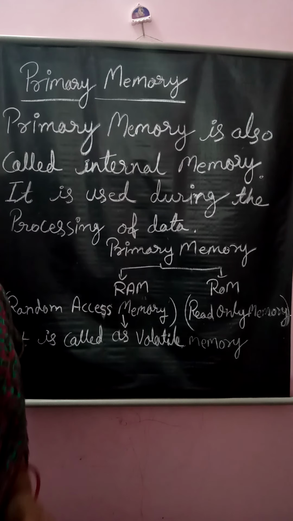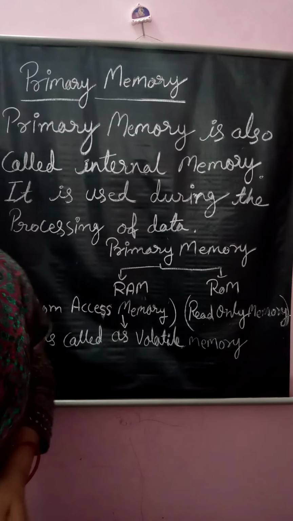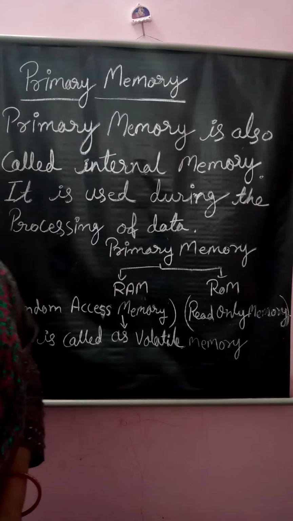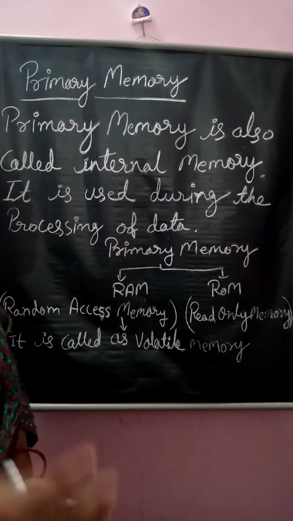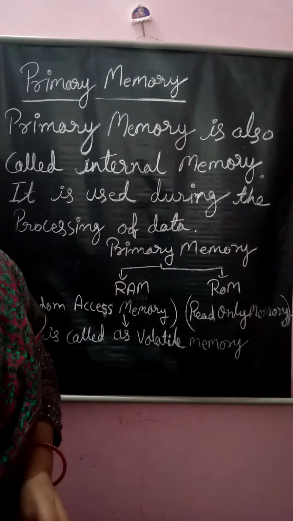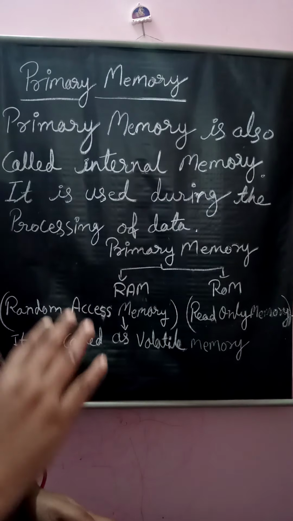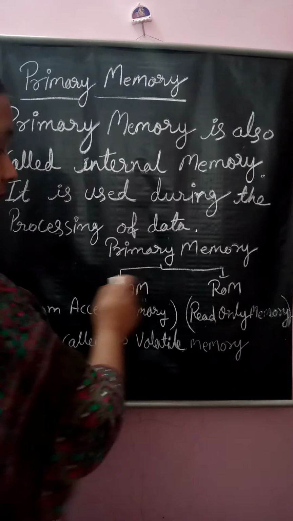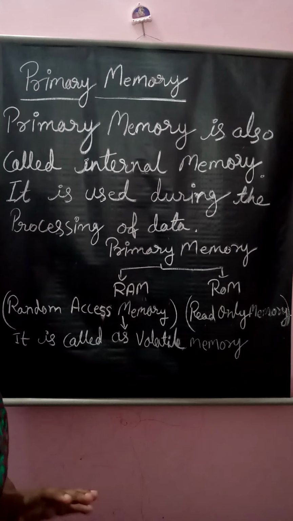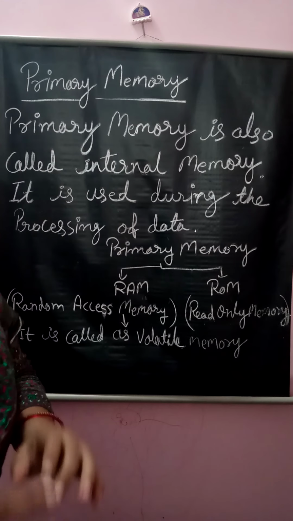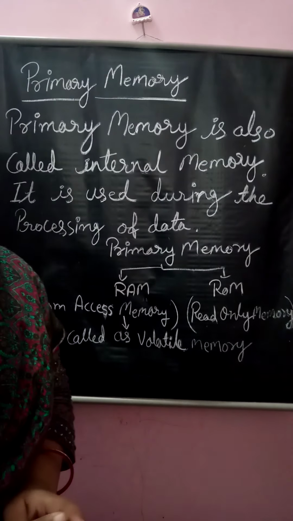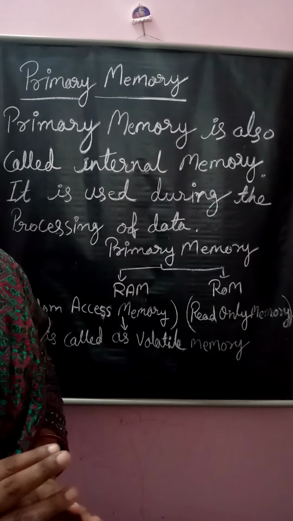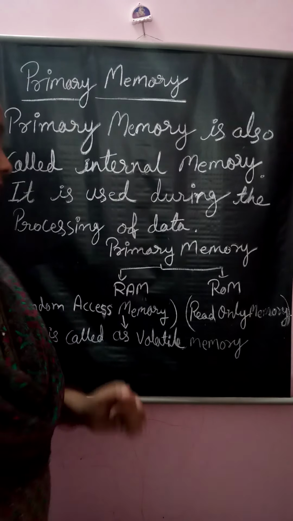Why is RAM called a volatile memory? When you switch on your computer, the RAM starts working because the electric supply is available. If the electric supply is cut off for any reason, suppose your electricity supply is off, then the RAM will not work, because it is a volatile memory. Volatile memory simply means it works when the power supply is there, and it doesn't work when the power supply is not available for the RAM.